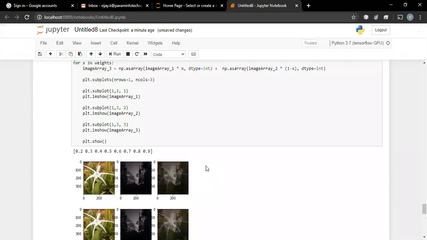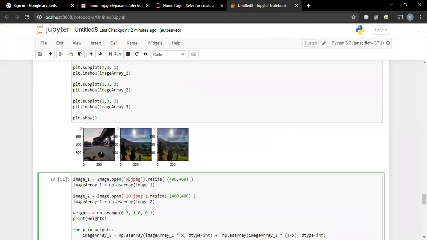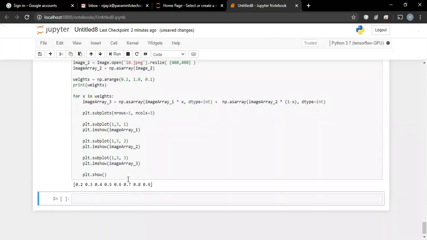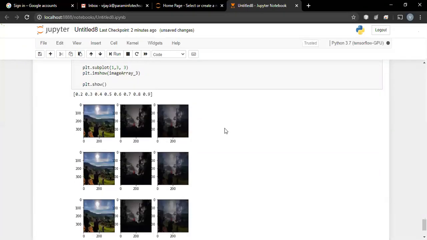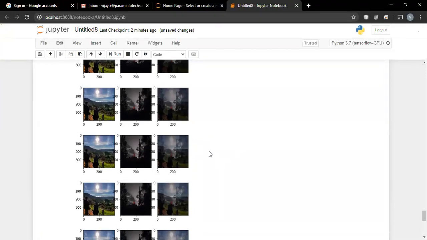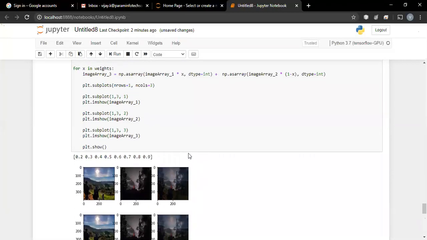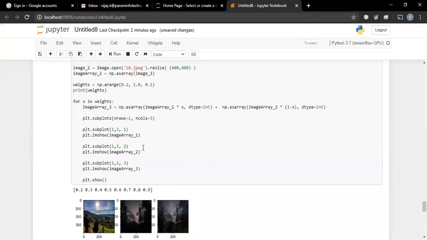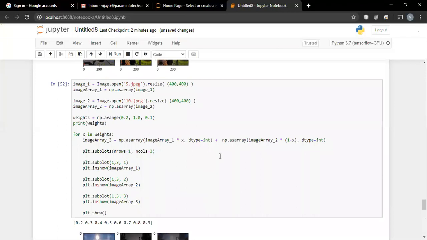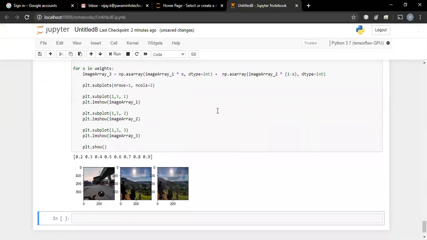So basically you can try it with different things. Let us try this 10 with 4, 5. So it's like, I don't know now what the person is trying to click the photo, but it's like something different. So basically you can try all these things, so where you can get a good effect out of this thing. So basically you can put it in a loop, and then you can check what is the effect that you are getting, and whether you want that thing or something else.